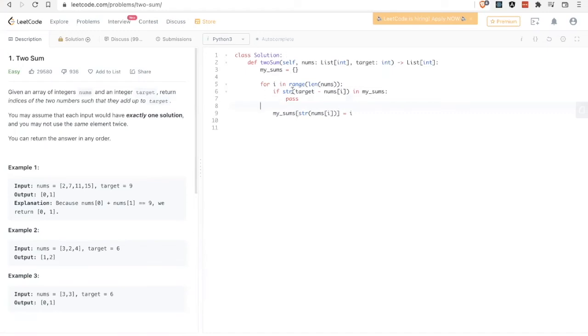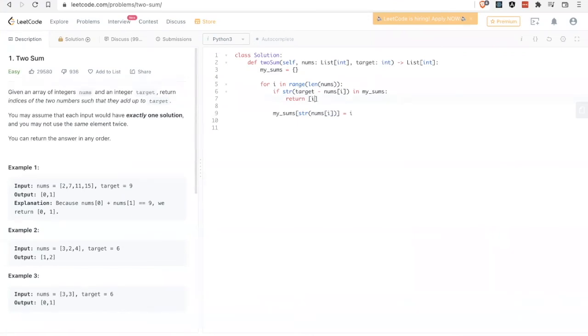Just making sure that I'm doing this correctly. So we have the hash table, and we're adding a certain number to the hash table along with its index here. And then up here, we're checking if target minus the number is in the MySums hash table. And if so, that means that we have to return the indices.